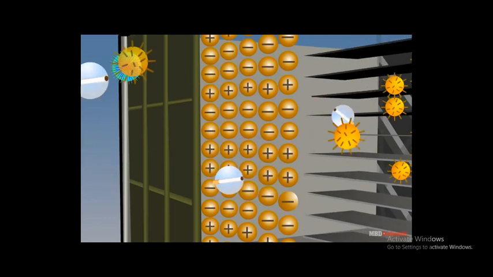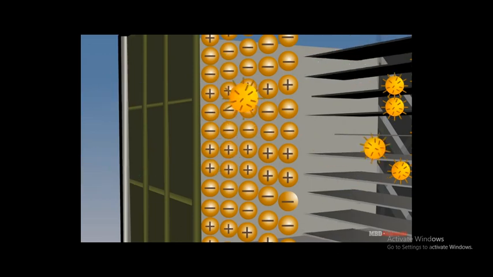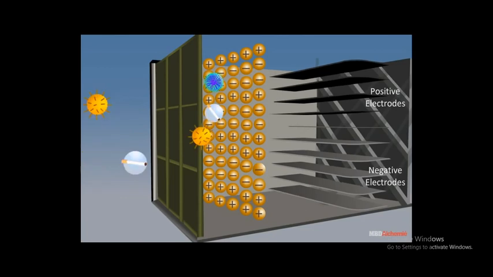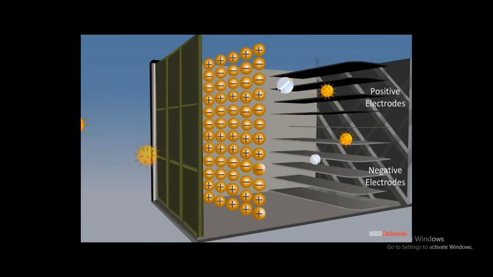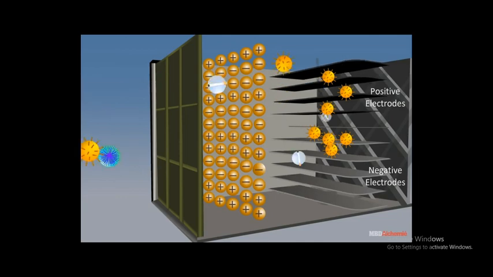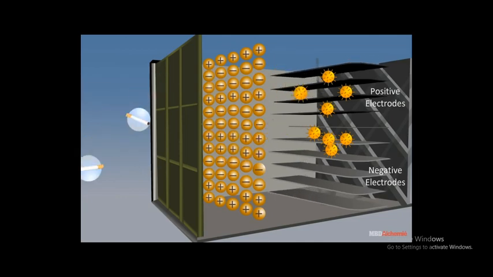The free electrons get attached to the gaseous particles moving up the stack. The particles get negatively charged and are attracted to the positive electrode located on the inner wall of the stack and settle down there. These can be dislodged from the electrodes by vibration of the electrodes and are collected in a reservoir. In this way, about 99% of the particulate matter gets removed from the flue gases by this process.